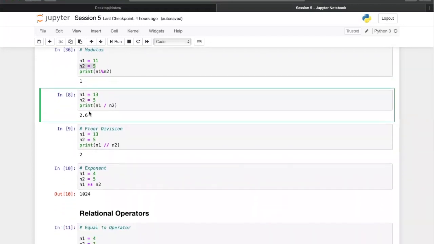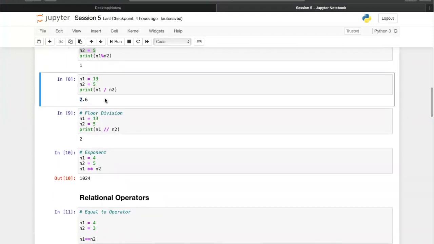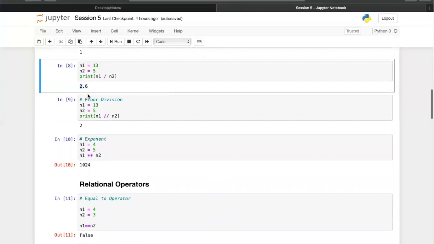Similarly, there is an interesting thing that comes up in the mind. When you divide a number by another number, and the result has a number after the decimal also, and I just want the integer part of it, what should I do? I should do integer division, and that's pretty simple. You can just use double slash. So if I say n1 double slash n2, I'll just get the integer part of the quotient. So if I say 13 divided by 5, it will give me 2.6. But if I say 13 double slash 5, it will give me just the integer part of it, that is 2.